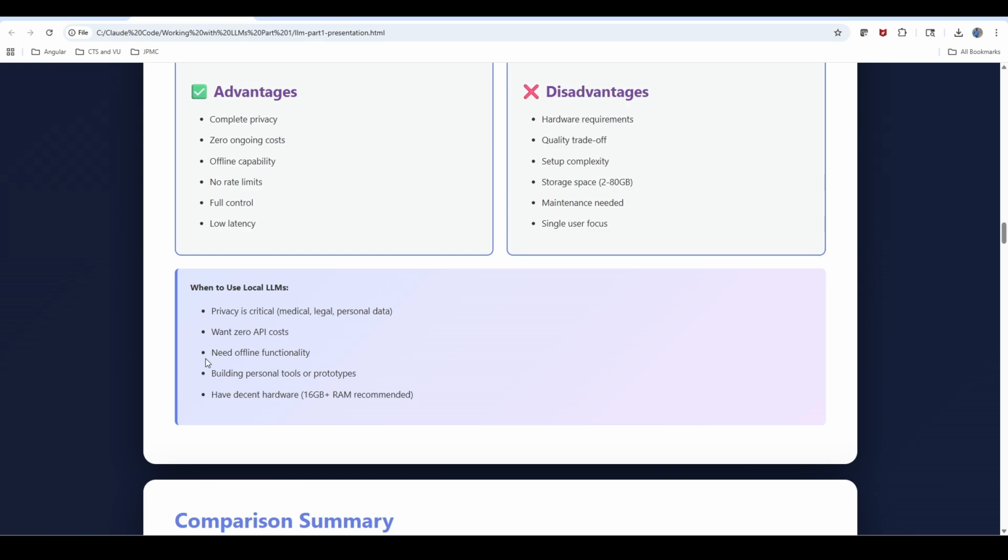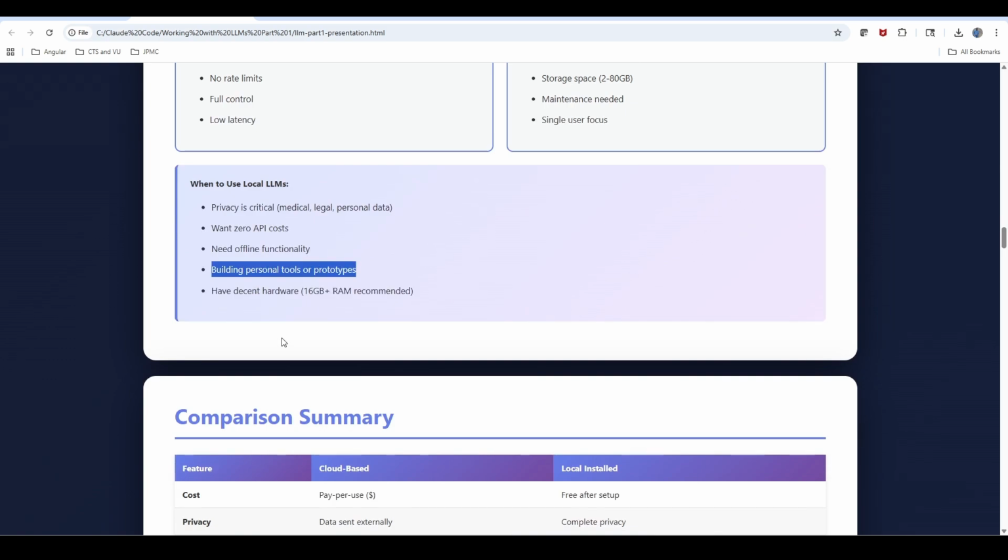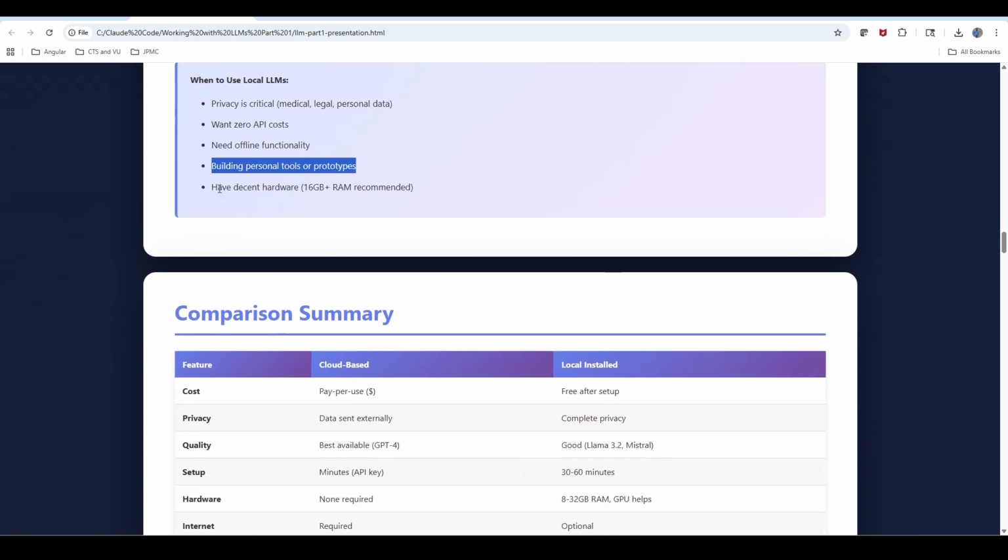Then you need offline functionality: if you are hosted on your local machine, you can access it with localhost without having any internet. And for building personal tools or prototypes, if you are an individual who wants to learn or quickly spin up some AI applications, local AI models are best for you. And if you have decent hardware, for example 16 GB plus RAM, then you can install these models locally.